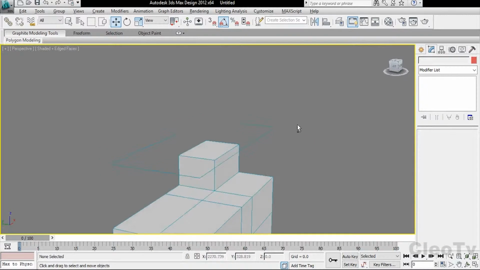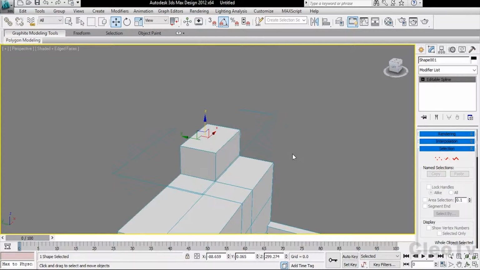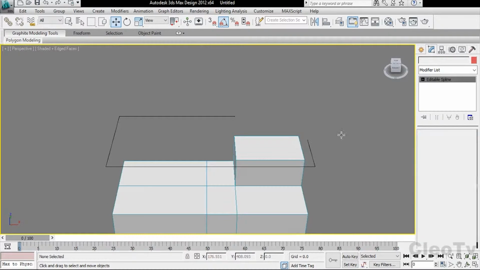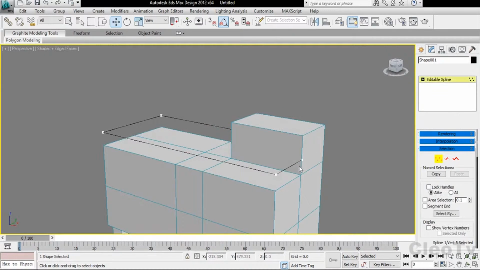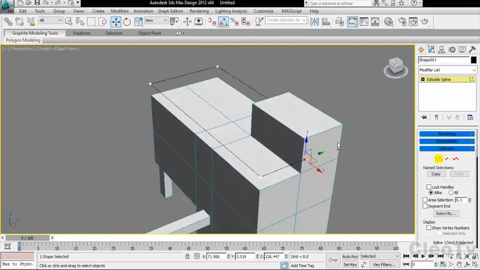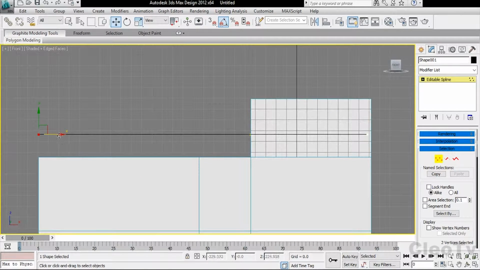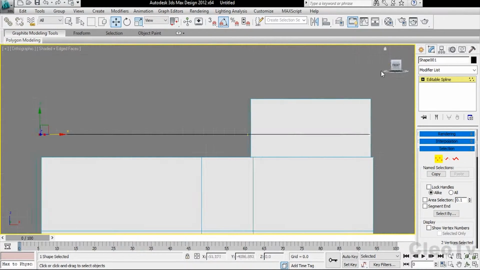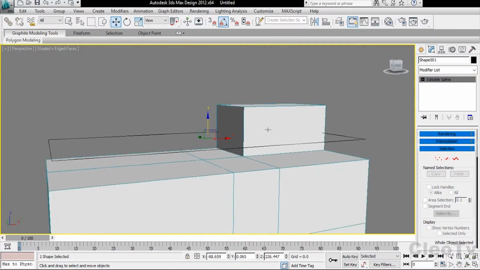Now you can see the shape or the line which came out of that edge. Now I will adjust it a little bit so that it won't look weird. This is the tedious process, but it is necessary. And I will pull them a little inward of the building top, and as you can see now it's looking perfect